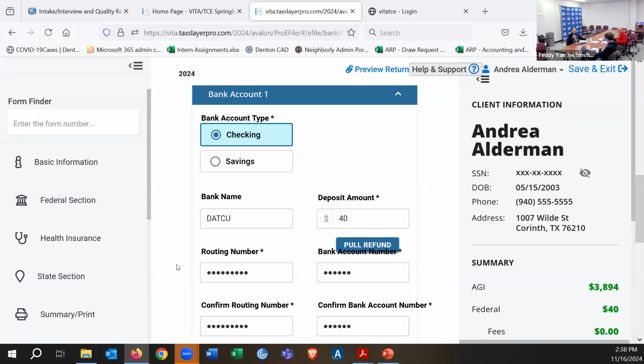If they do not have a document, ask if they can look it up on their banking app or online. Like, you can let them get on the computer and log in on their banking website